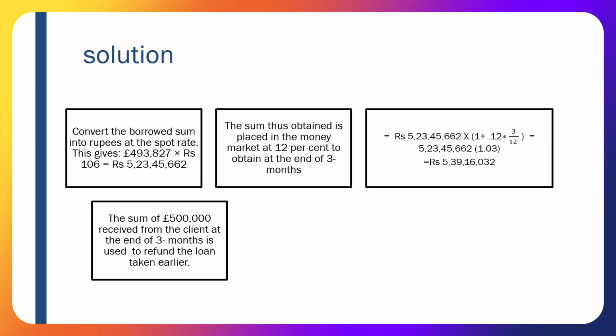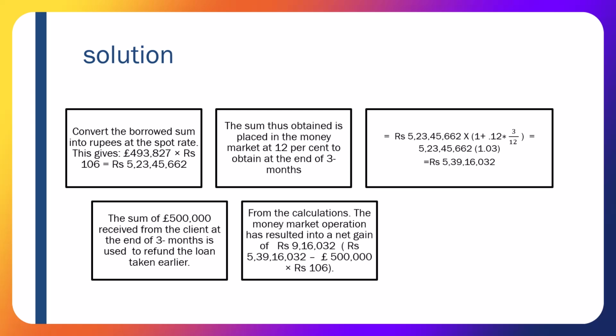उसका हिसाब नक्की हो गया, पैसा दे दिया आपने, और आपके पास कितना आ गया? Now you are sitting with 5,39,00,000. Now, that means how much you have gained with this process? You have gained 9,16,000. आपको 9,16,000 का फायदा हो गया। आपने बोरो करा 5% पे, लेंड करा 12% पे,